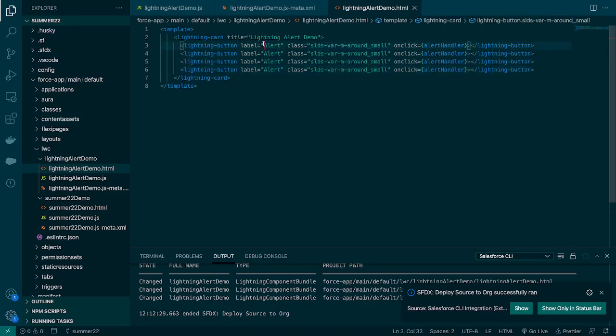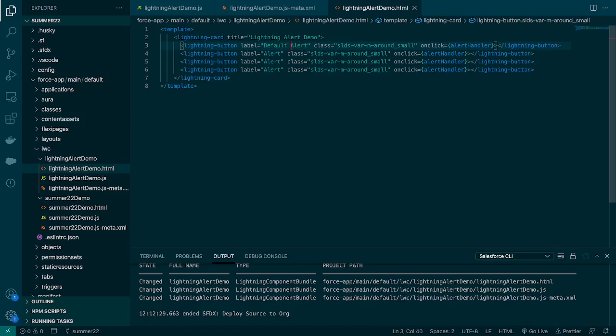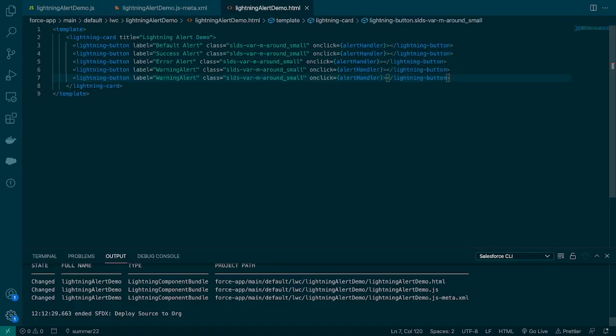And we'll say default alert, success alert, error alert, and the other label is warning alert. We have these, and one more is there, that is info alert. So let's add the info alert as another option, and here we can say info alert. I'll give some space, and here we are calling this handler, but on click of the same handler